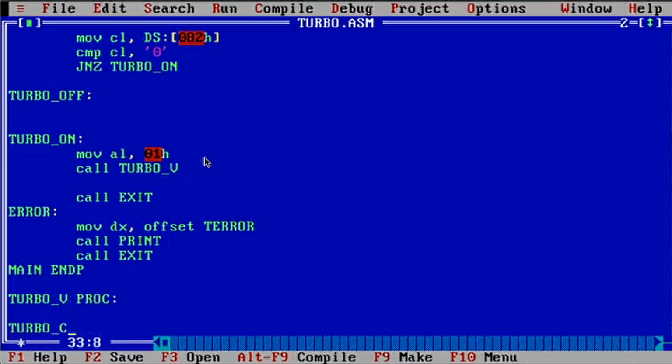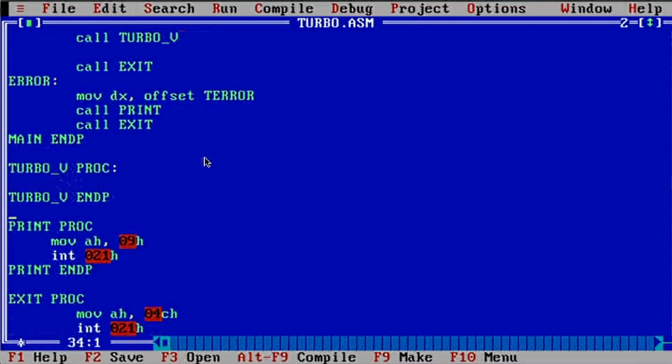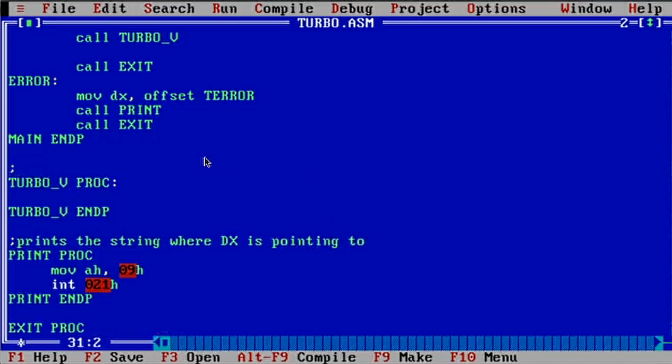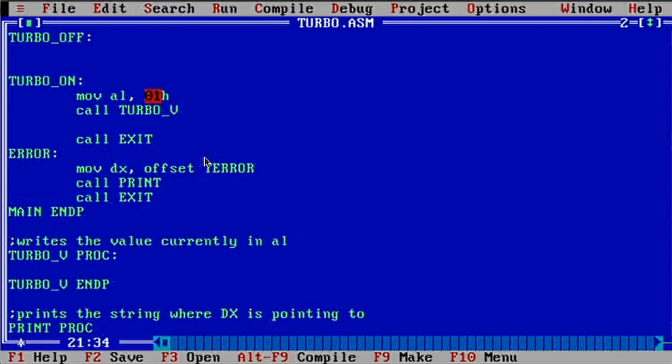Turbo V proc, and let's start adding some remarks in here as well, because we know that print prints the string where DX is pointing to. Writes the value currently in, what was it, AL, I believe, yeah,